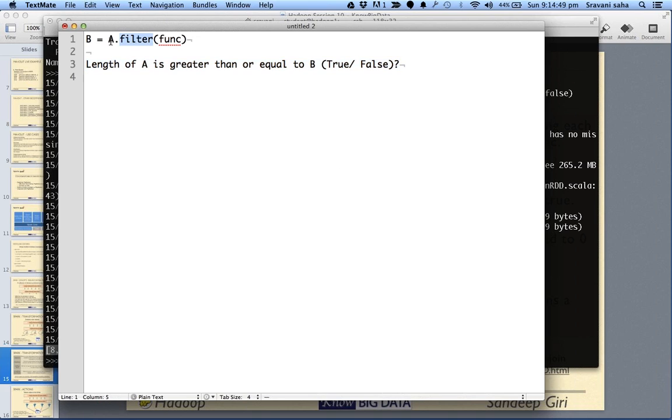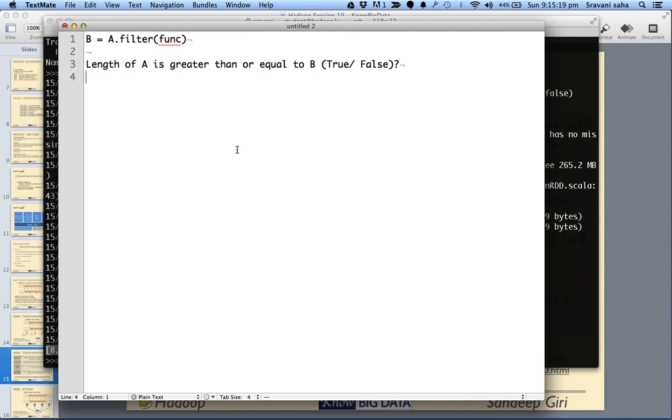So we apply filter on top of A, and this syntax means we take a function and check it against each element of A, and whichever elements return true when passed to the function go to the output. Otherwise, the element is not put in the output.